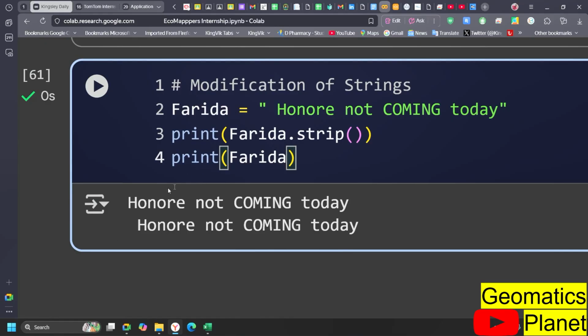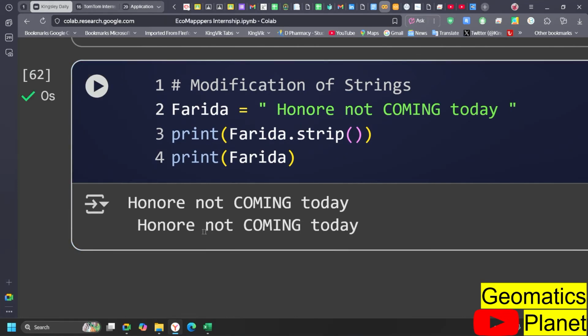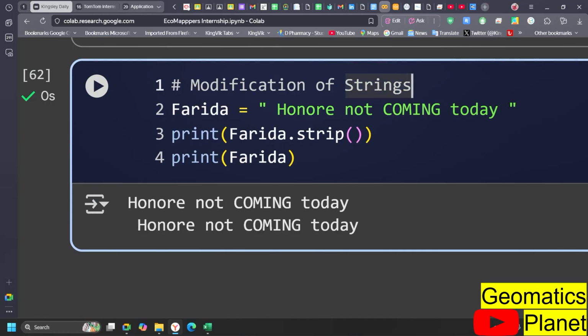If you have white spaces and you want to strip them off at the beginning or at the end. Now this is what I mean at the beginning or at the end. If I return this here and I run this same thing again, you can see that it strips off from the beginning and the end. So this is a way you can strip off white spaces at the beginning of a text or at the end of the text. And at the same time,